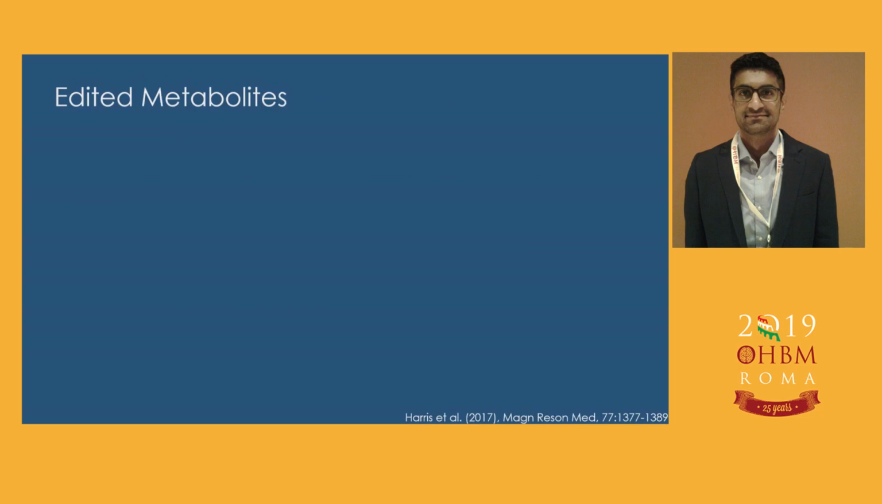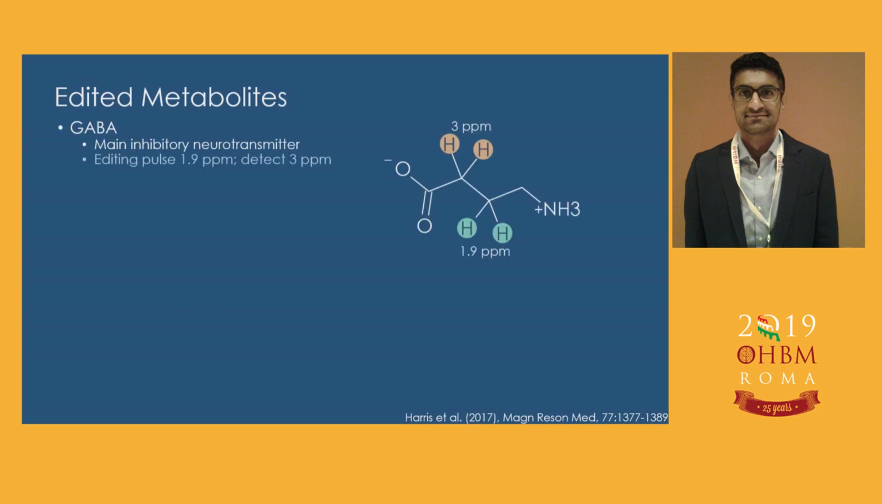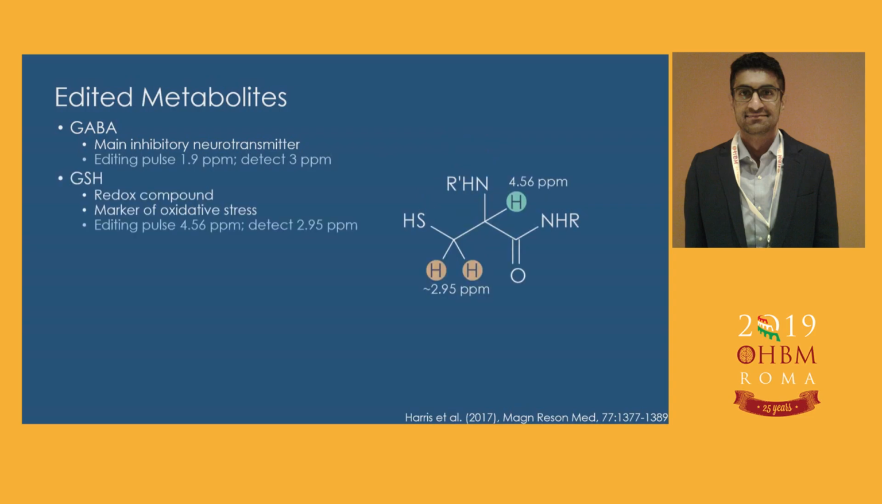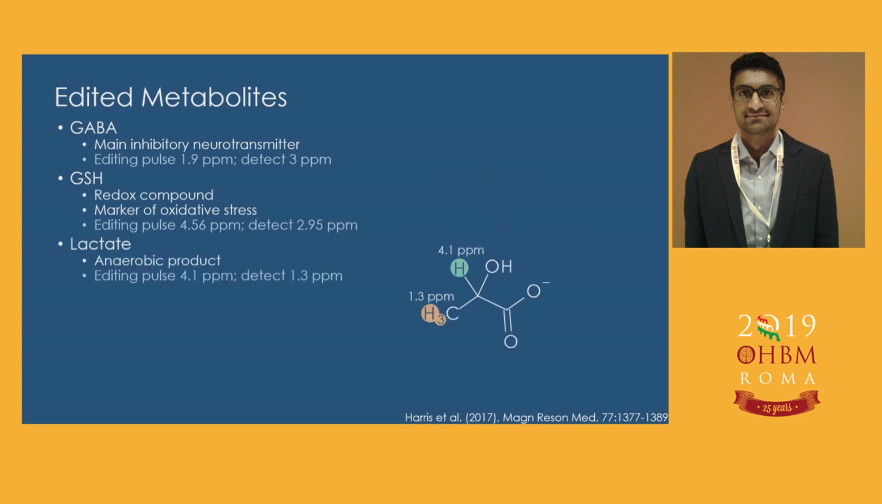So what are the metabolites that we edit, usually using this sequence? First one is the most common one, which is GABA. GABA is the main inhibitory neurotransmitter. You can apply that editing pulse at 1.9 ppm and detect it at 3 ppm. Glutathione is a redox compound. It's a marker of oxidative stress, can be measured by applying editing pulse at 4.56 ppm and detecting at 2.95 ppm. And then we have lactate, which is an anaerobic product, can be measured by applying editing pulse at 4.1 ppm